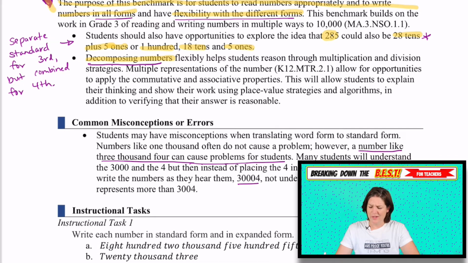And you might be thinking 100, but I see 200s there. Well, there's regrouping that goes on, taking 100 and replacing it with 10 tens, because 100 equals 10 tens. So now we're going from 100 to 18 tens and 5 ones. That could be a way to represent the number. If you were to compose those values, 100 plus 18 tens plus 5 ones, you would see that it would